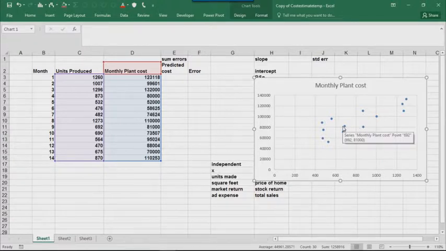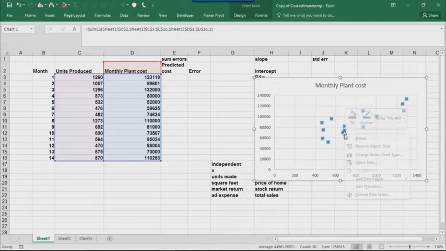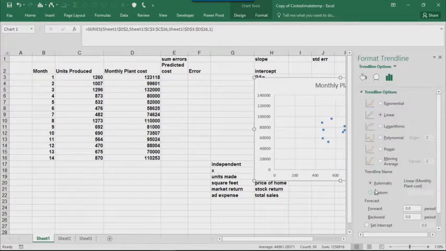Now we can find that with the trend curve. We select all the points, and then if we right click, you'll see add trend line. And there's a bunch of choices, which we're not going to do all of in our module, but we're going to do exponential, power, and moving average, as well as linear. Logarithmic's not that big a deal. Polynomial is not that important either. But it looks like a straight line would fit the data, so we click on linear, which is the default, and then we could say